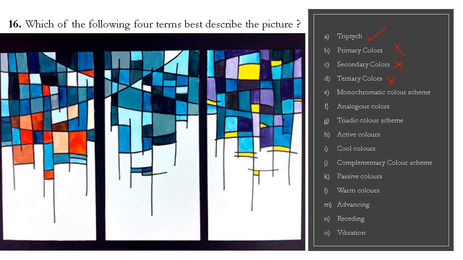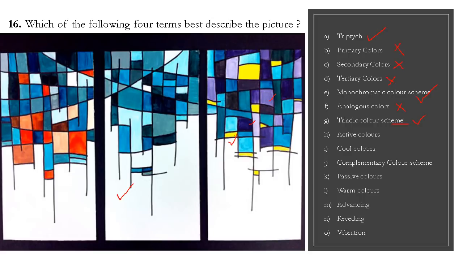Monochromatic color scheme? Actually, yes. You see this particular panel, it maintained a monochromatic color scheme, right? Analogous color scheme. Can you feel analogous color scheme anywhere? No, I don't feel it. Triadic color. Actually, here they use three colors, here, here, and here. Maybe it is triadic color. Let's check it. I guess this will be the answer.